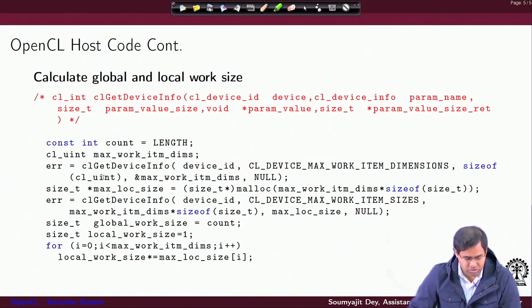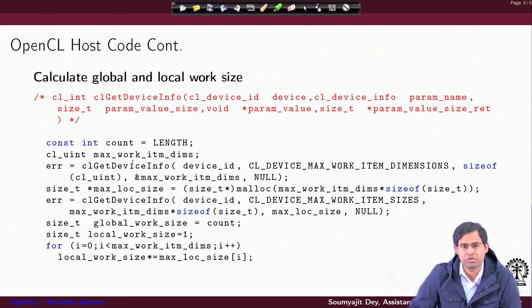Once that is given, you are also passing it a pointer here which is going to store that value. Now, observe this pointer is for data of type cl_uint. So, you have to pass the pointer here, and you have to also pass the size of the data type for which the pointer will be initialized. This is the unsigned integer type pointer.